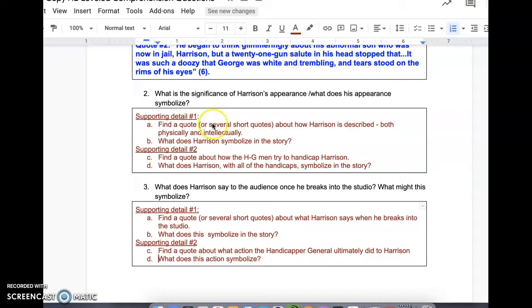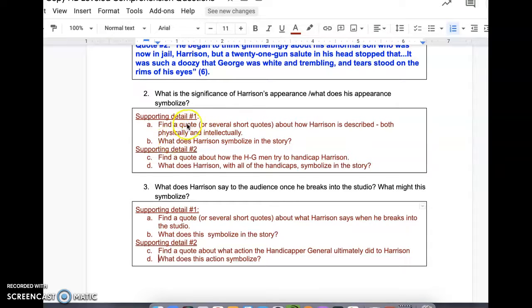So this is when you need to go back to the text. If you don't have your folder with you, I have posted the text online in this assignment, and you need to find some quotes about how he looks physically and how he is intellectually. This would be without the handicaps.